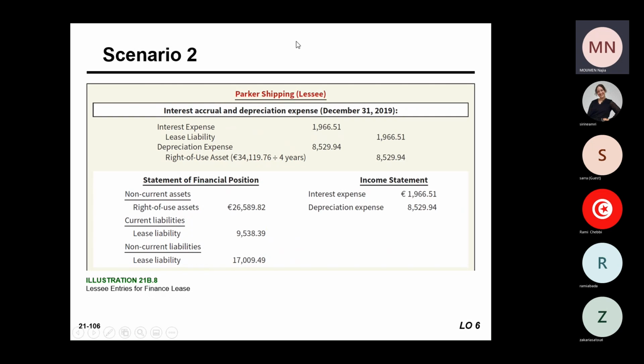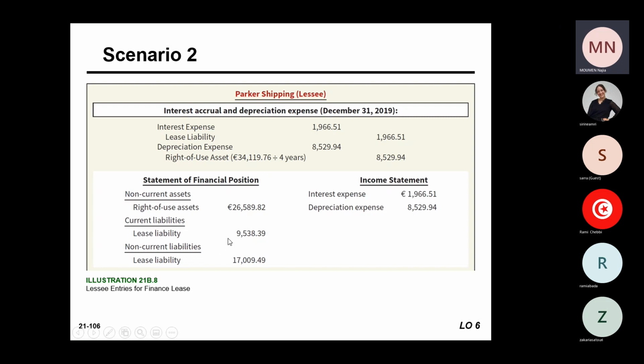And of course, we are still dealing with the lessee, so we have to recognize an interest expense at December 31. We also have to recognize the depreciation expense. That's the straight line method, so every year we have to recognize that portion of 8,529. Okay, so the same presentation, the statement of financial position for the non-current asset, that's of course for